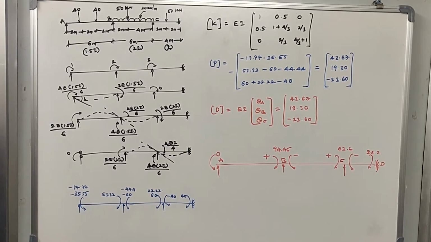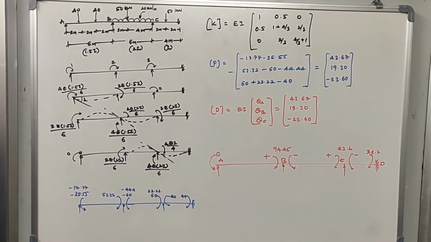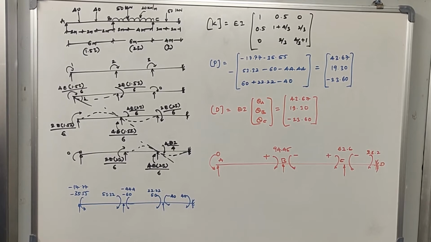If you refer to all the problems that I solved, all the continuous beams or frames that I solved using the stiffness method, there the kinematic indeterminacy was only 2. So it means the stiffness matrix used to be only a 2 by 2 matrix. What I have done is solved another problem from a question paper. Here we have 3 kinematic indeterminacies, or 3 degrees of freedom. Because of that, we will be solving a 3 by 3 stiffness matrix.